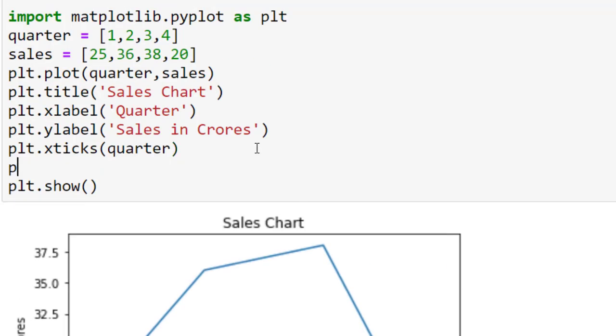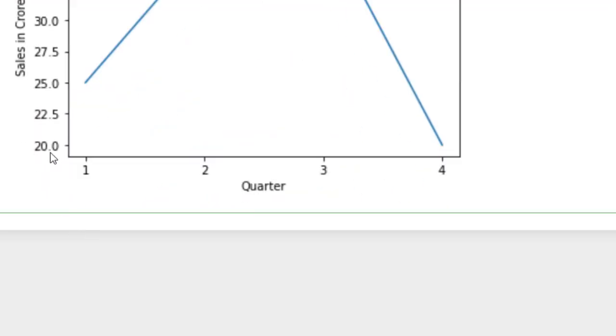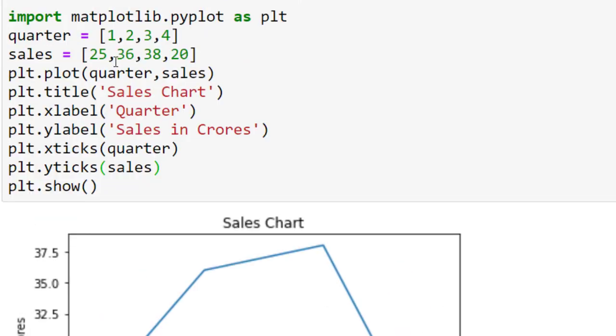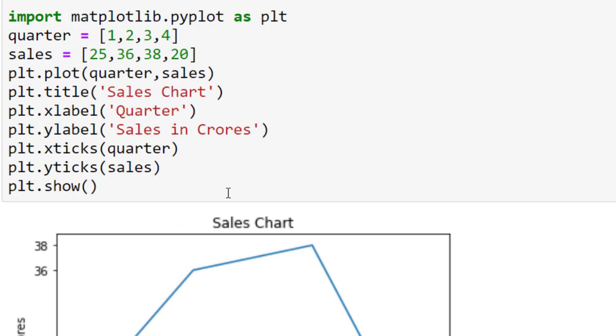Similarly, if I do plt.yticks, in that case I just need to write sales. So now what will happen, all these values like 22, 22.5 are not shown, but I just wanted the values 25, 36 to 38 and 20, and when I do that we will see only those values. So this is how we can change the values over here. Similarly, if you want to give your own values, you can also do that.